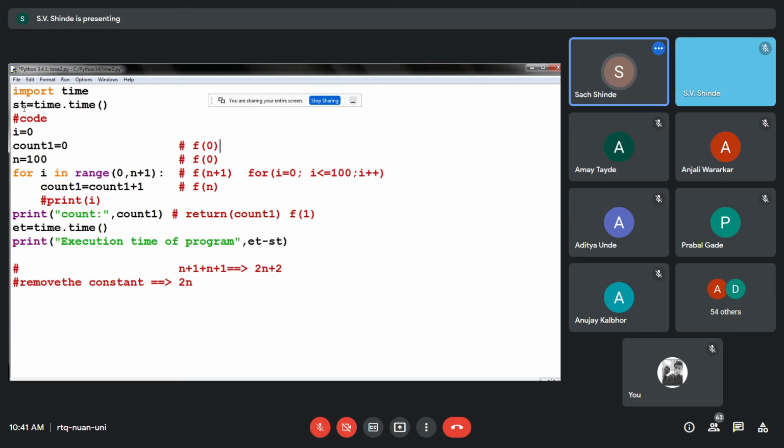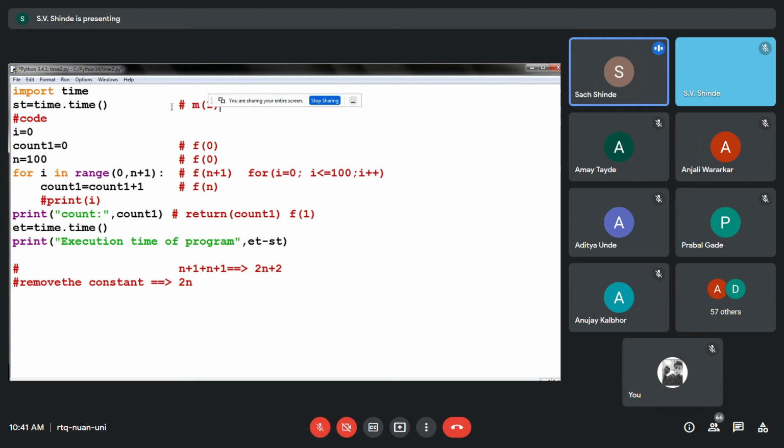Let us check how much memory is required by our particular program. I represent this with some symbols: frequency f and memory m. Memory requirement by ST, I put it as 1.